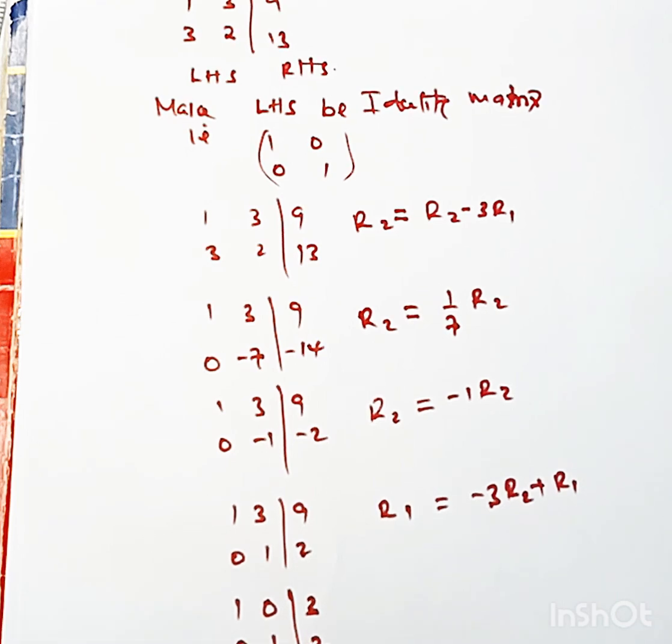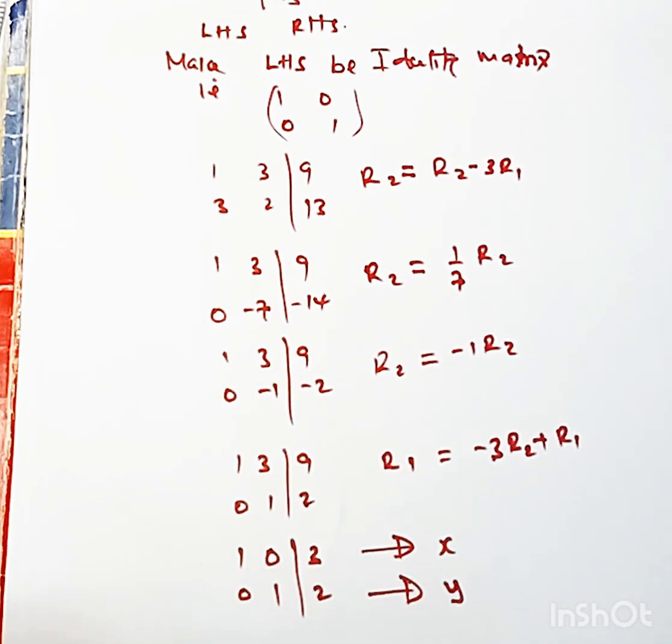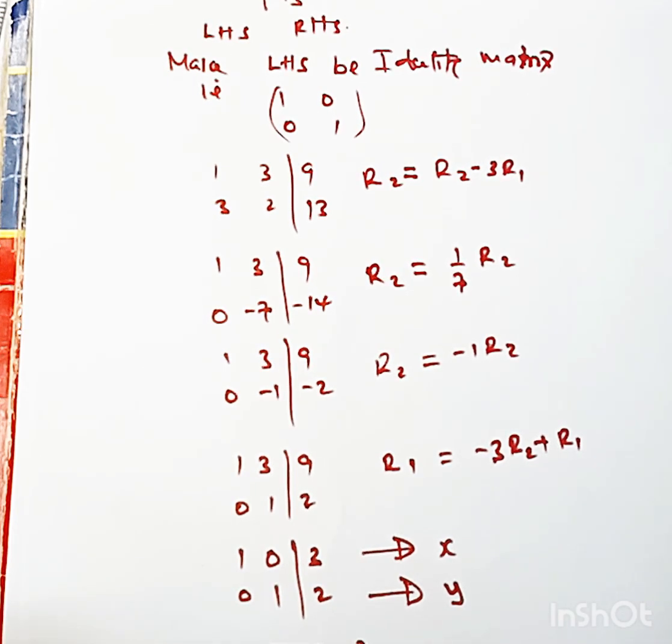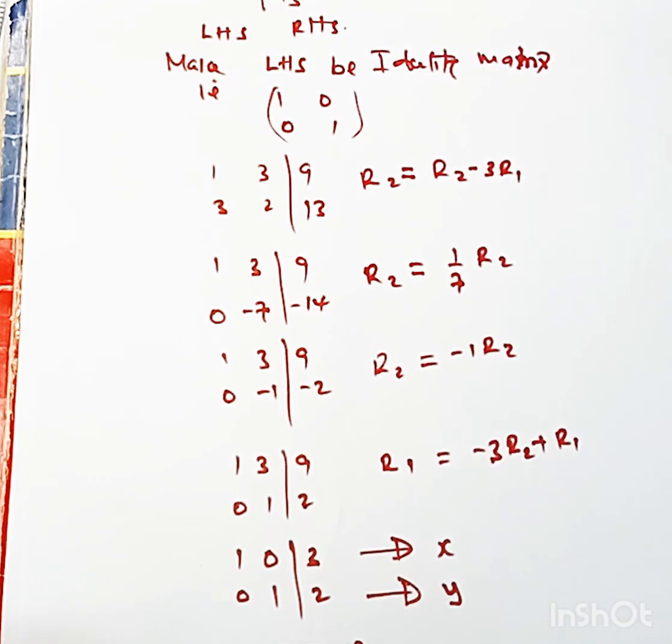So we said when we make the left hand side an identity, what remains on the right hand side is our solution. So 3 is the solution for x, and 2 is the solution for y, and this simply means that x is 3, y is 2. So you can substitute back in the equation and test, see